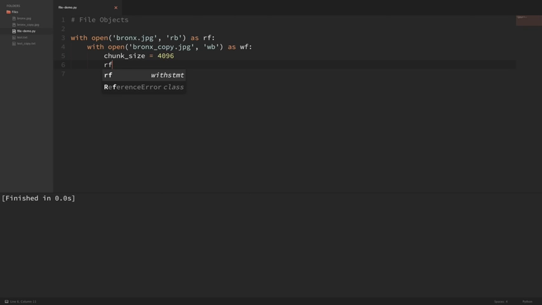So now let's do an rf_chunk, and we're just going to read in a chunk of our read file here. So I'll say rf.read, and I'll pass in this chunk size. So now we're reading that much data from our original picture. So now let's create a loop that will write these chunks to our copy until there's nothing left to read from the original. And if you remember from earlier, to do this, we can do a while loop, and while the length of this chunk here is greater than 0, then we want to take our copy file and write